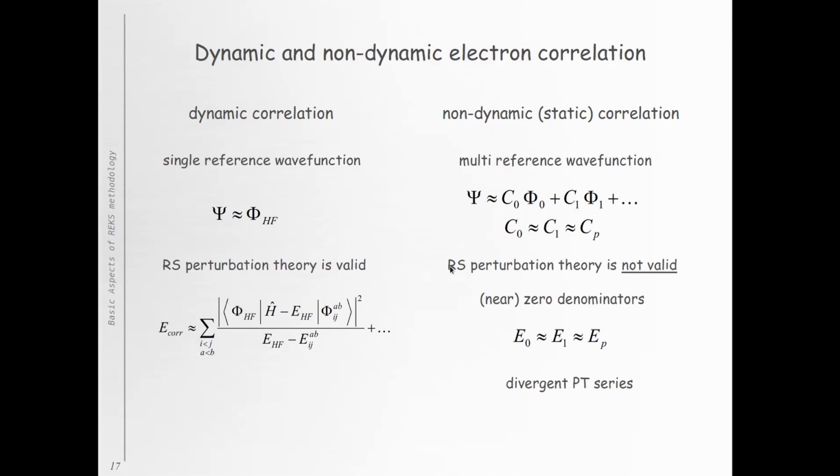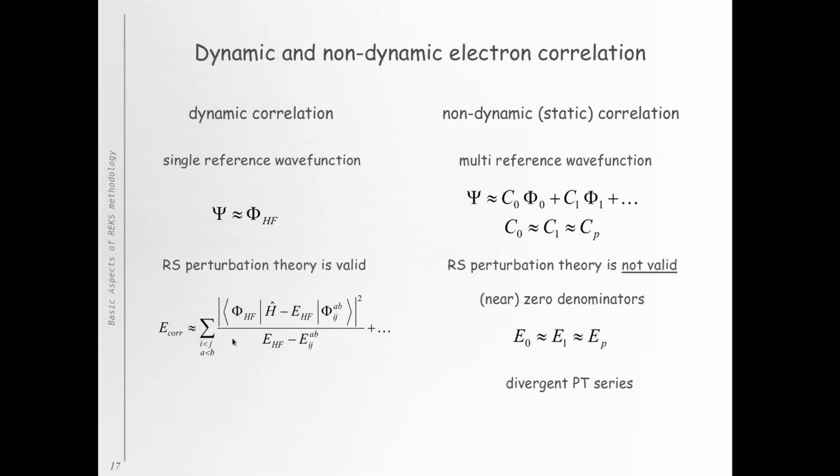There are also quite numerous situations when the exact wave function cannot be faithfully approximated by just a single Slater determinant or single mean field wave function, and it needs more Slater determinants, more electronic configurations to describe it even at the lowest level of approximation, right? One of these situations is bond dissociation. In such a case, standard Rayleigh-Schrödinger perturbation theory is not valid,